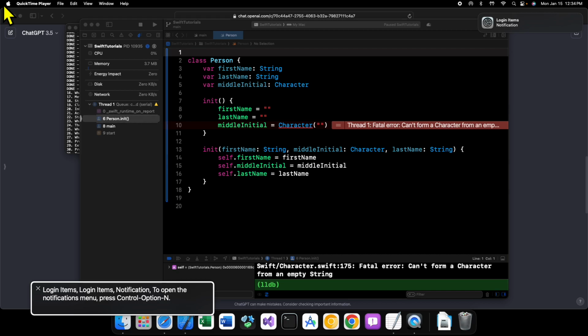Welcome back to another video, and in this video we're going to be continuing on with our Swift programming tutorial series, and in this particular tutorial we are going to be talking about self in Swift. This is going to be a little bit of a short video because self is actually a pretty simple concept,